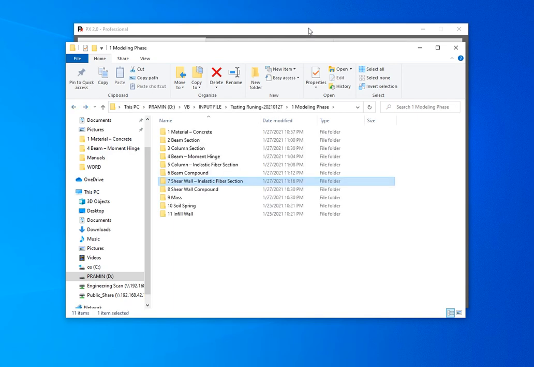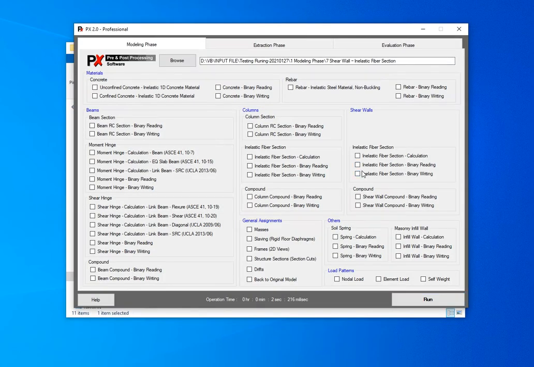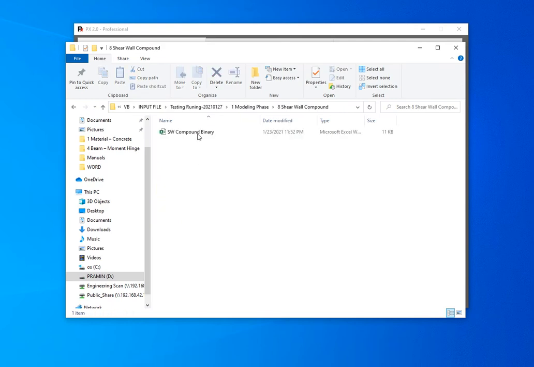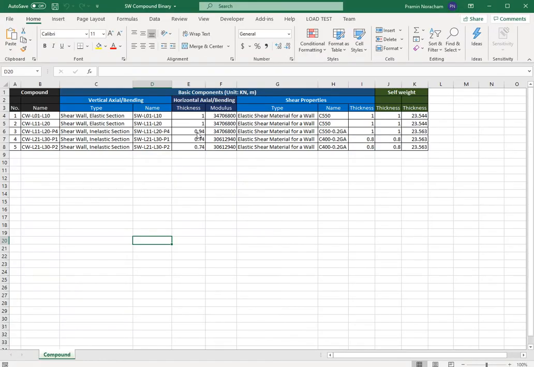After that, you can also convert or combine to be the compound for shear wall. After you get the section, you need to combine the section to be the compound of shear wall by providing the vertical axial bending property, horizontal axial bending, and shear according to the compound in shear wall.